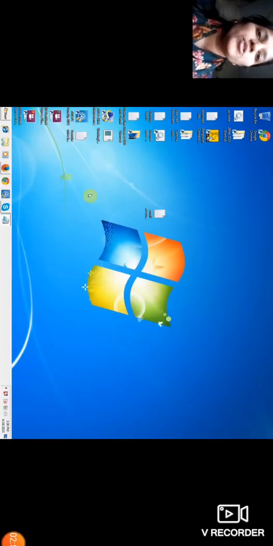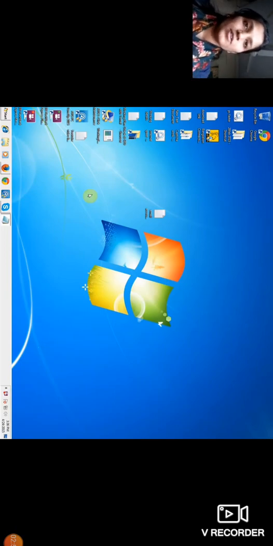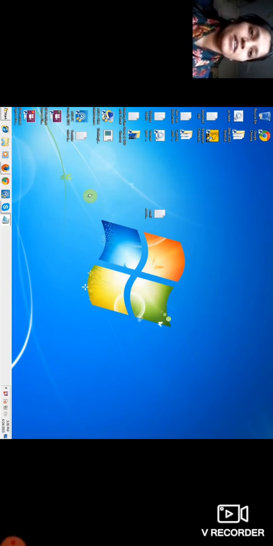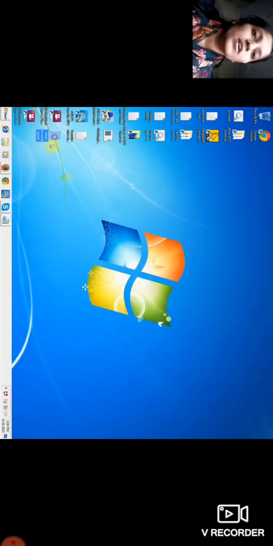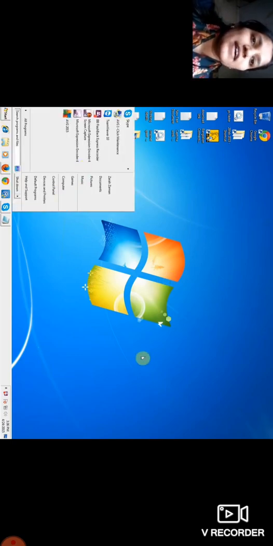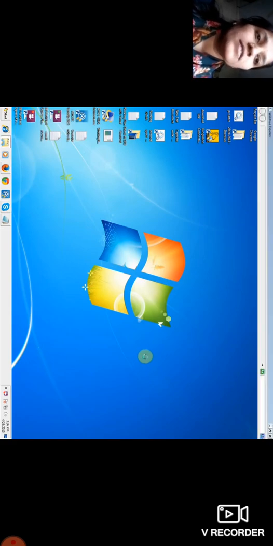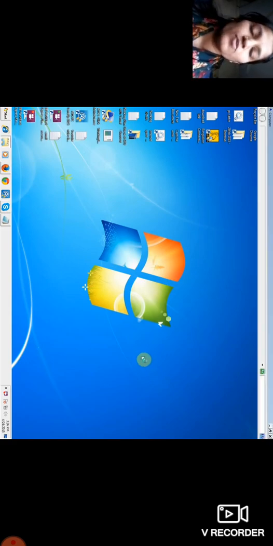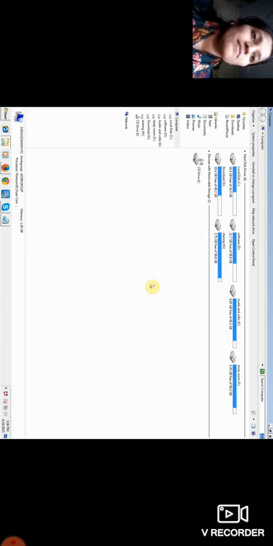So students, now we are going to see how to open my computer and how to create a folder in that. When we start the computer, at that time we can see this type of window on the screen, right? Now, for opening my computer we can see the my computer icon. Sometimes we can see the my computer icon on the desktop itself, but if it is not there, then we can select the computer icon from the start button. So first of all we have to click on the start button, and when we click on the computer button we can see this type of screen.